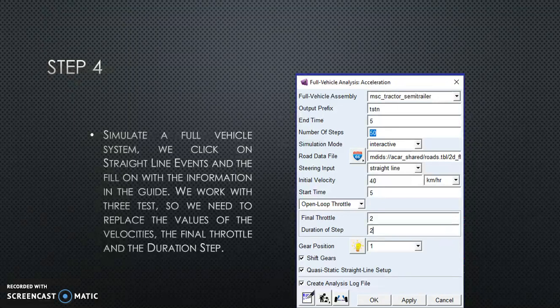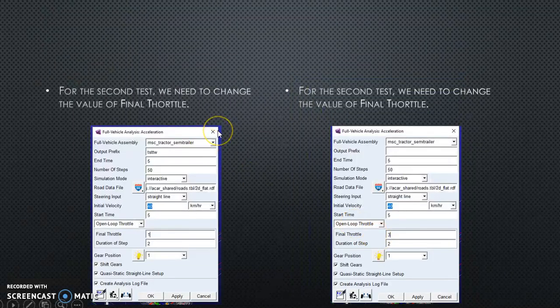Step 4, simulate a full vehicle system. We click on straight line events and then fill it in with the information in the guide. We work with 3 tests, so we need to replace the values of the velocities, the final torque, and the duration step. In this case, the final torque and duration of step in test 1 is 2 and 2. For the second test, we need to change the value of final torque. In this case it is 1, and for the third test,